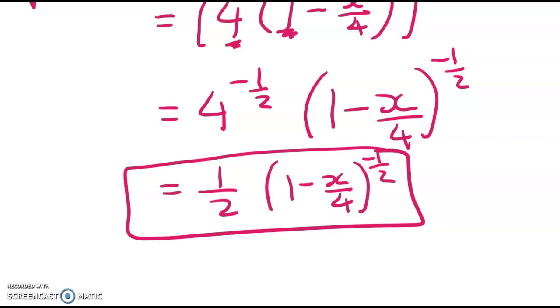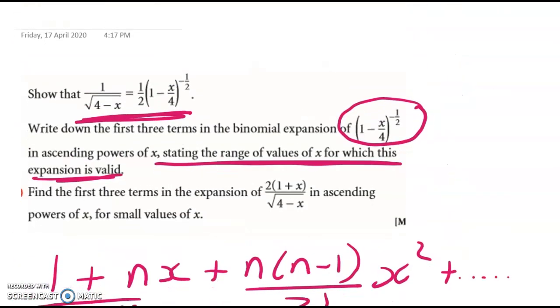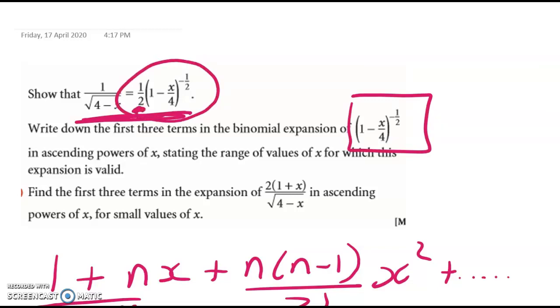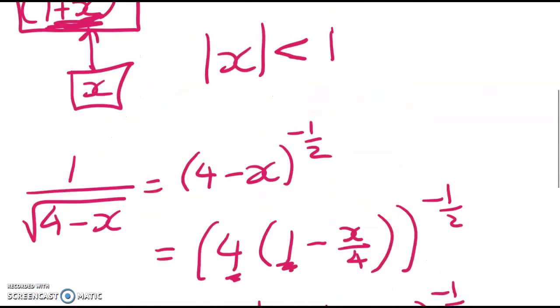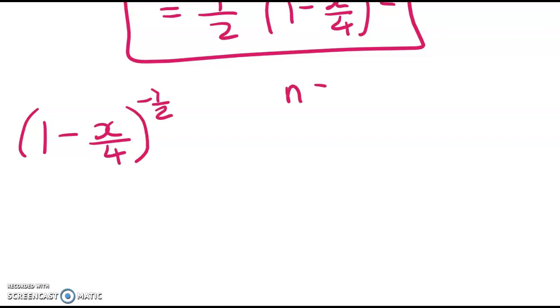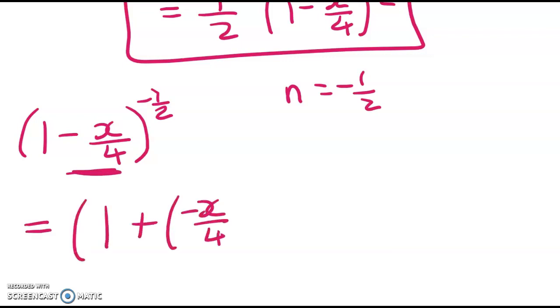The next thing we're asked to do is to write down the first 3 terms in the binomial expansion of this. Right, so notice that we're not working with the 1/2 part at the moment. We're working with just the simple binomial expansion. Let's clean some of this up. Right, so we've got 1 minus x on 4 to the power of negative a half. So n's equal to negative a half, but we have to just change this a little bit. So this equals 1 plus negative x on 4 to the power of negative a half,